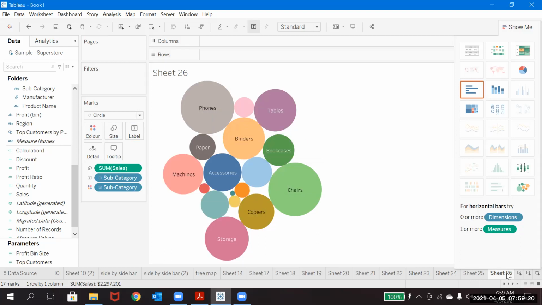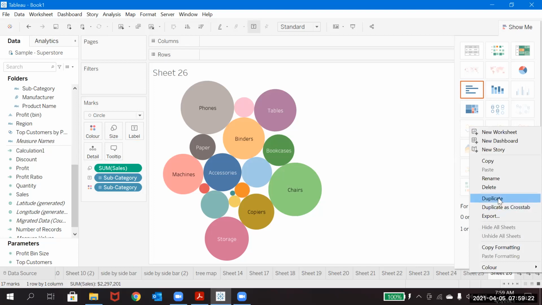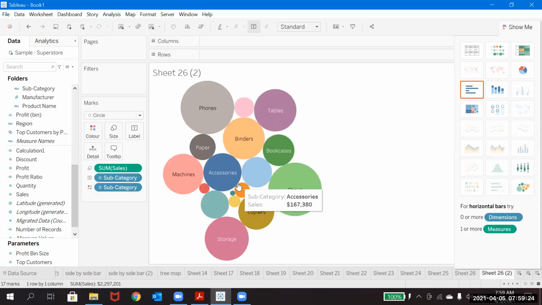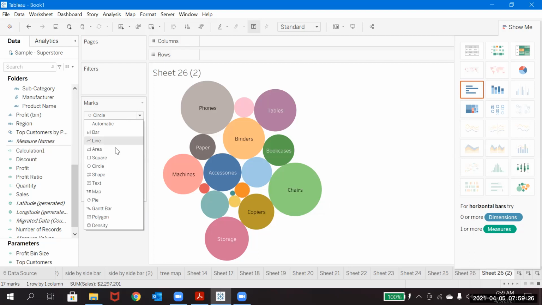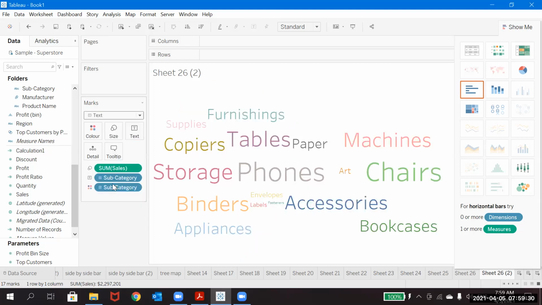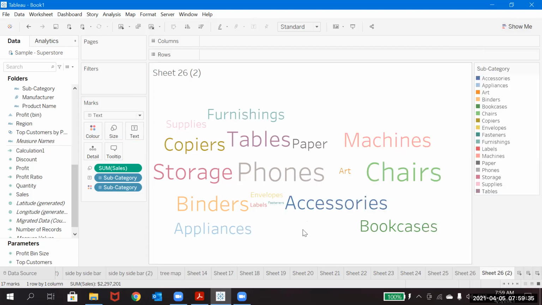Okay, so using this only, we will create one more thing, and maybe you have observed this in magazines, how it looks. So maybe this kind of chart you might have seen in magazines like Deccan Chronicle or Hindu, somewhere in a corner, like for an ad kind of thing.